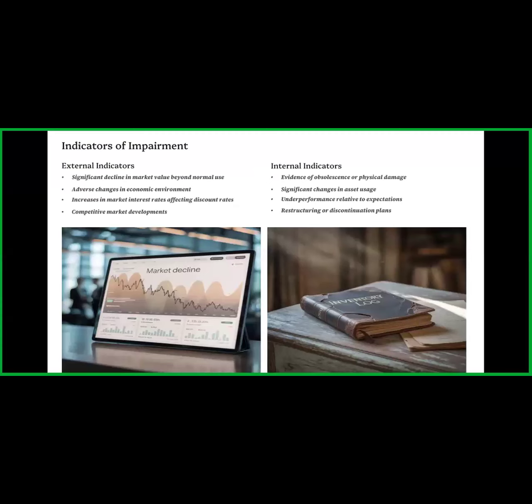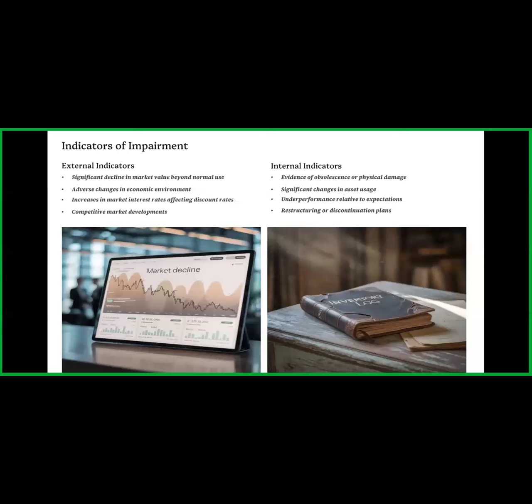Okay, so now some of the indicators of impairment. So why is this difference there? That is, the difference between the carrying value and the recoverable value. Why this difference? What are the external factors and the internal factors that have an impact, and due to which we see impairment of the assets? Some of the internal factors we see first,